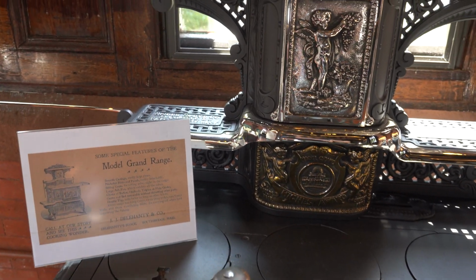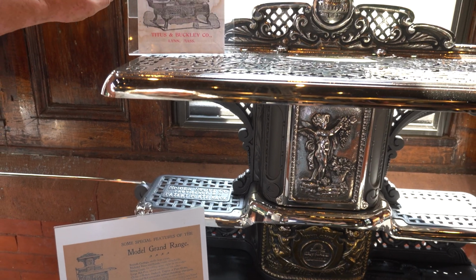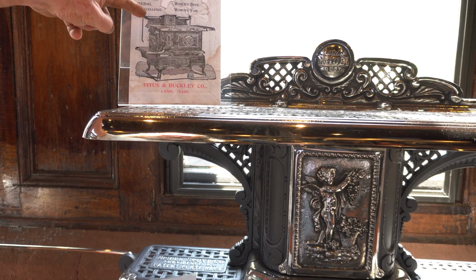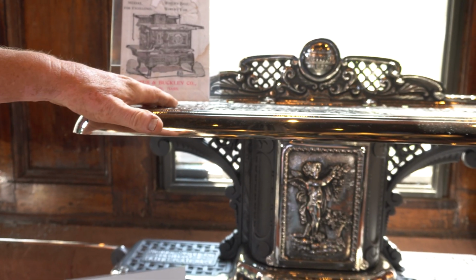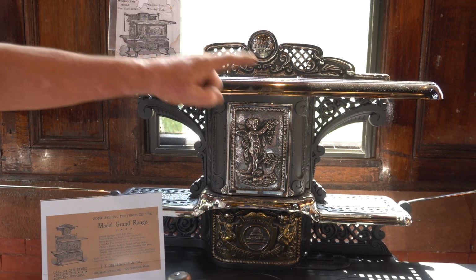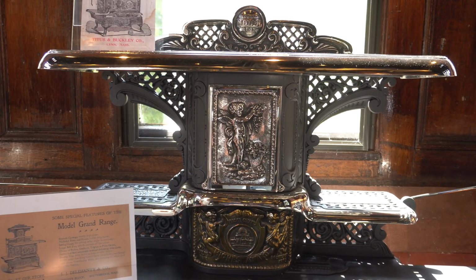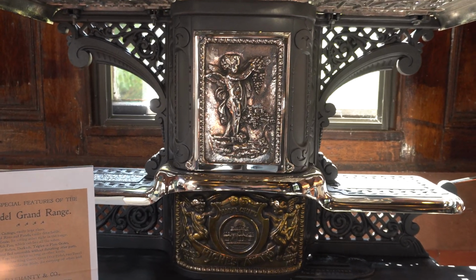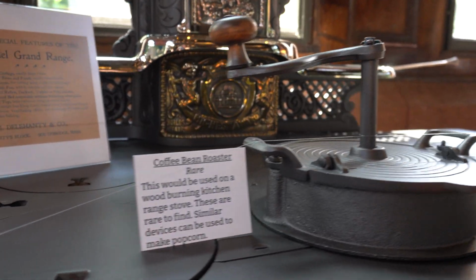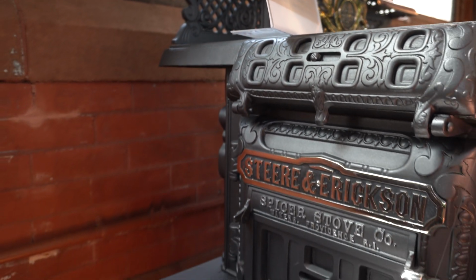We have here an old reproduction from an old trade card of the original advertisement, showing it with just the standard low back shelf. This one has the optional high back shelf, showing it with the standard right side shelf, this one having the rare water reservoir. But what's also very unique and coincidental about this stove is that it has a dealer name